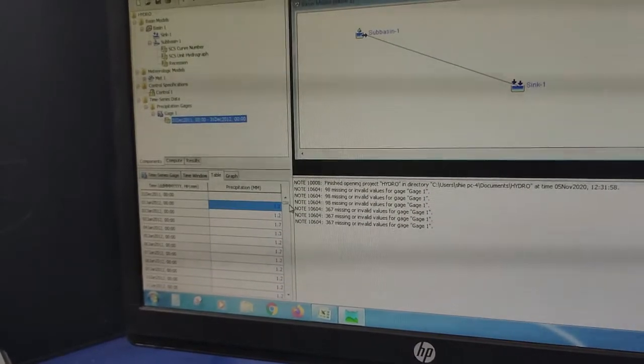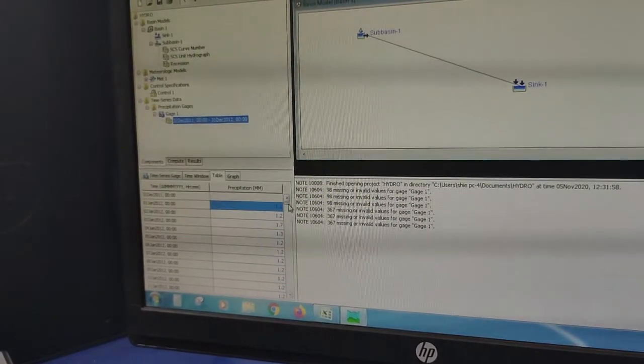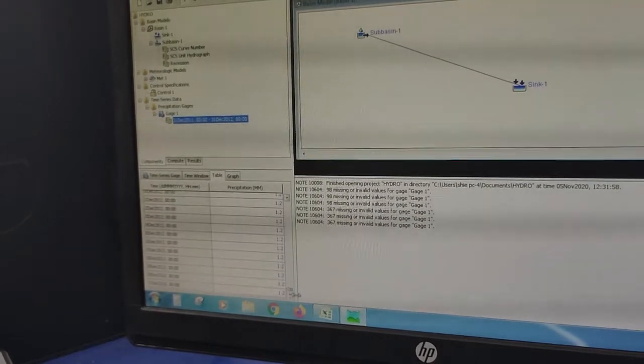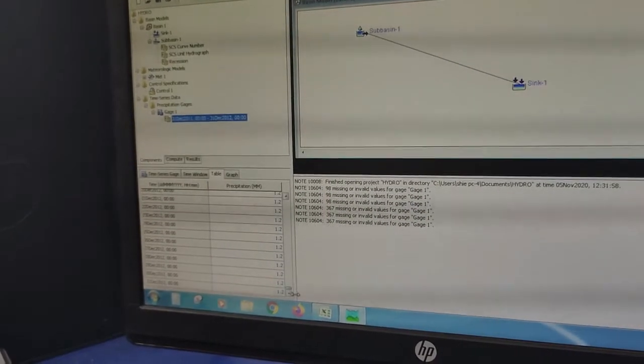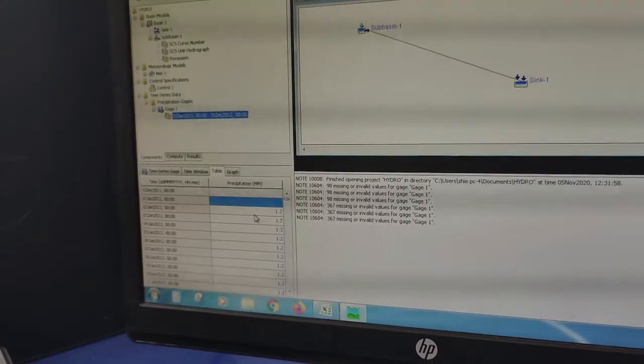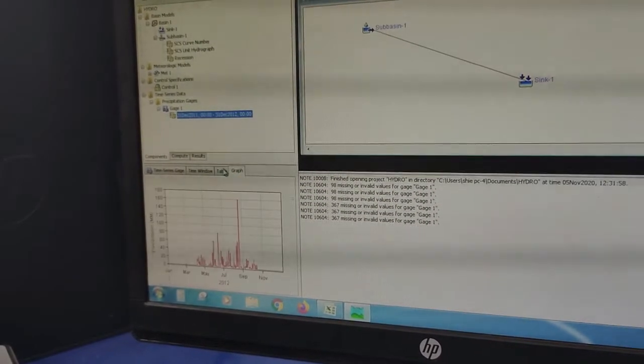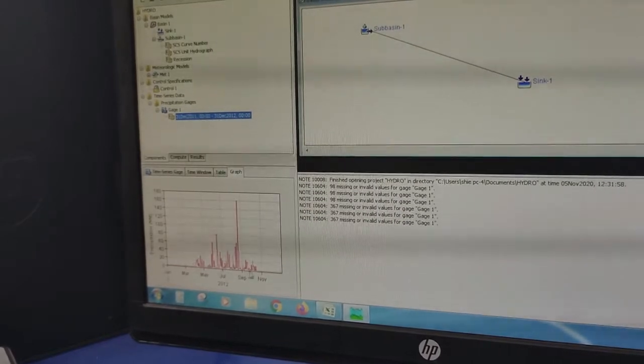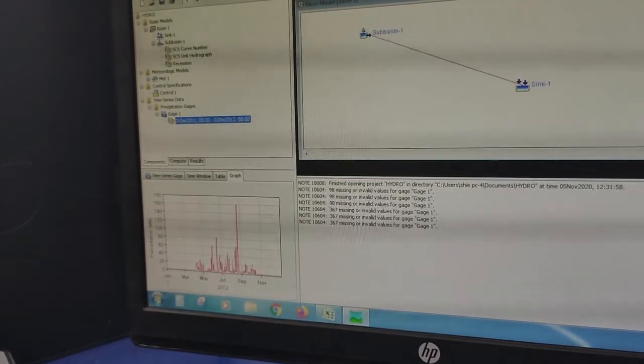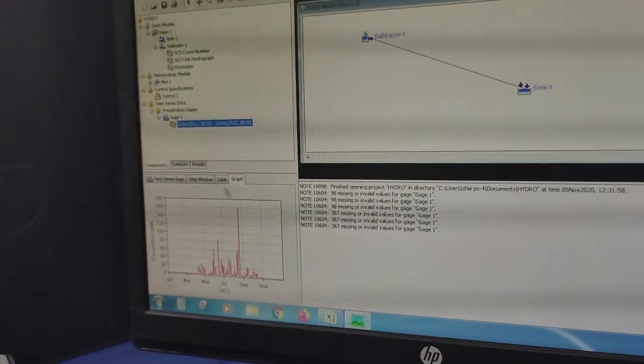Okay, so all the precipitation values from 1st January 2012 to 31st December 2012 are now copied and pasted. You can see the graph over here for this duration.